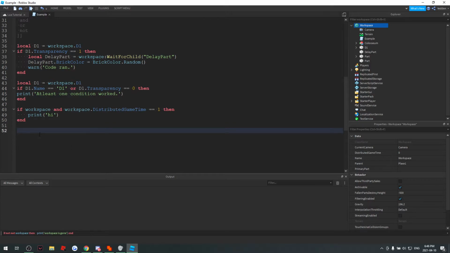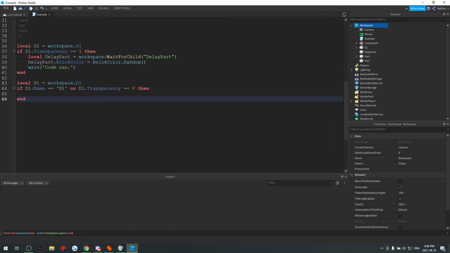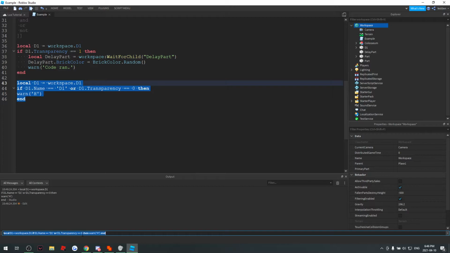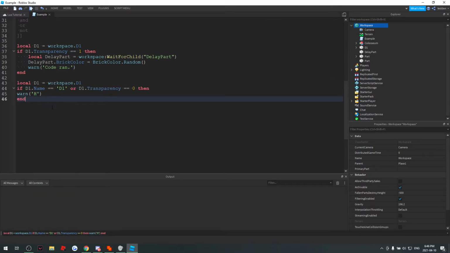All right. So now let's go back here. Let's go back here again. I'm gonna keep using the example out of D1 right here. Okay. So just like before, at least one of the statements here is true, so it's gonna print something out, right? Now